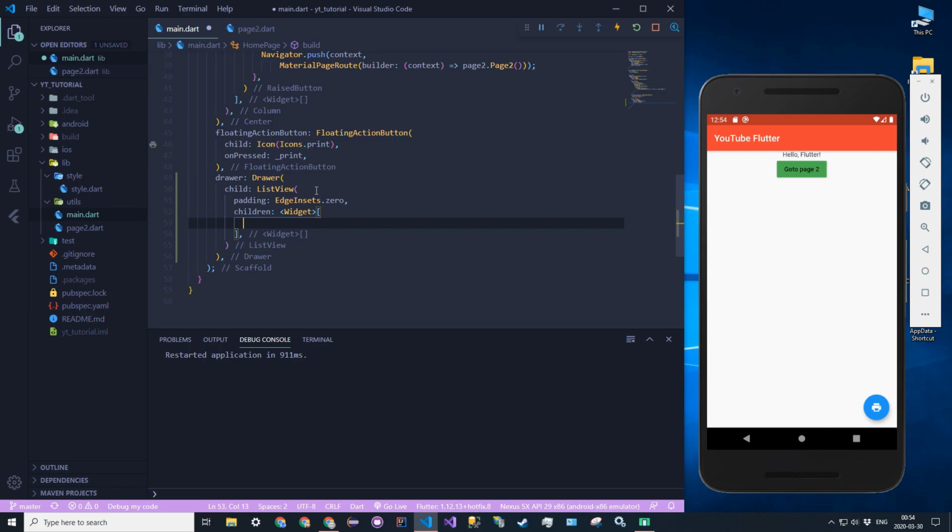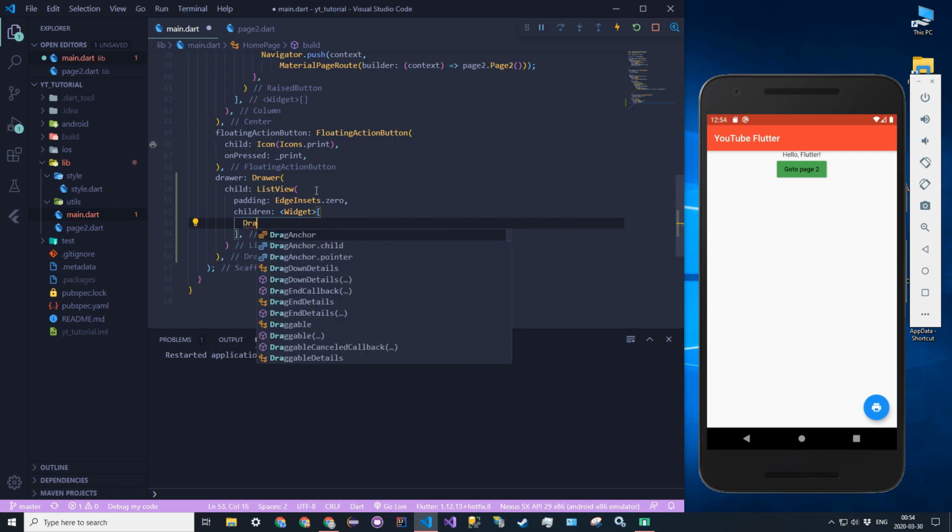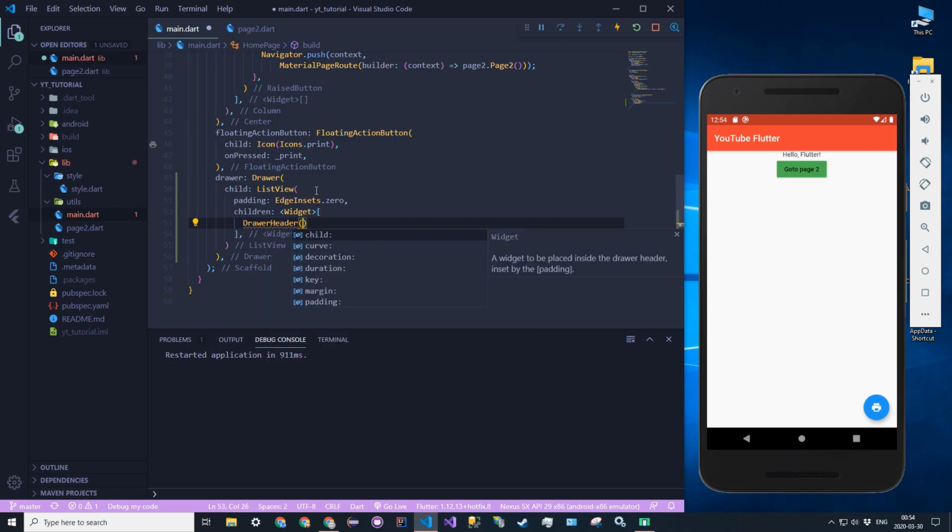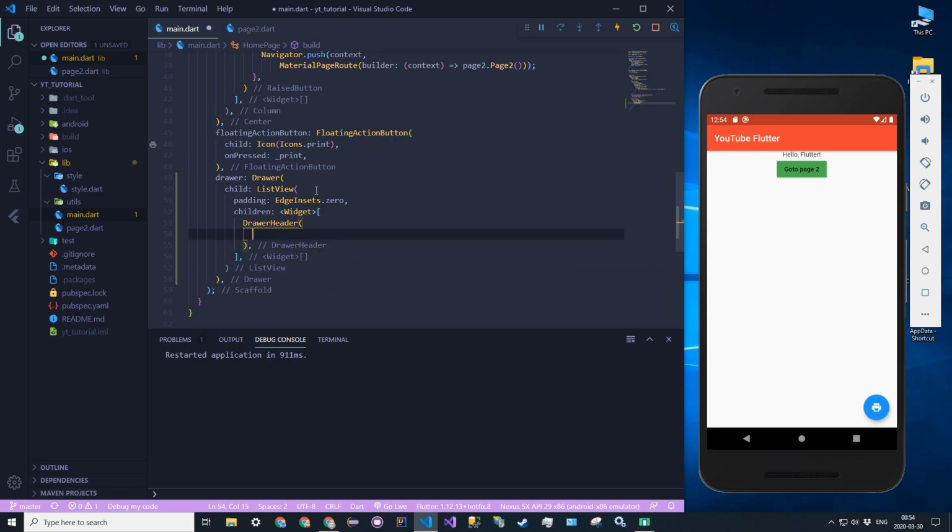In Flutter it's an array of widgets. And the children that we'll have is our header. So the first child will be a drawer header, and it will have a child of text, and we'll say just nav pages,